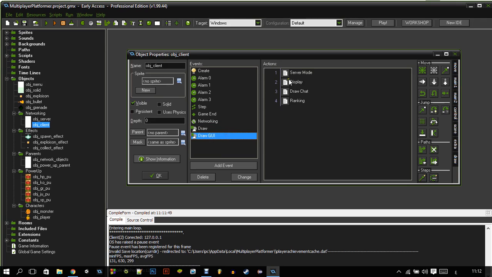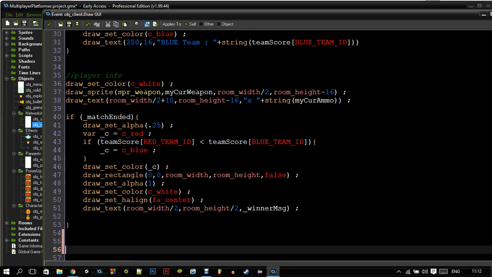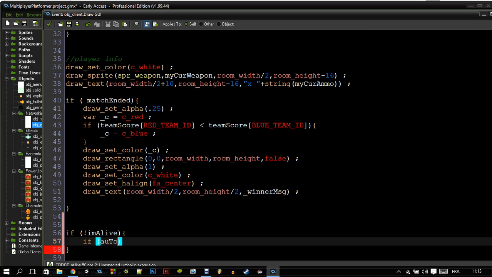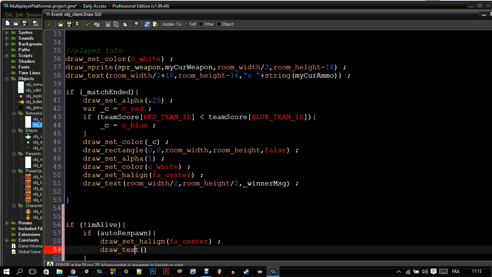And one thing to do is go to the display script. Here you're gonna say if not I'm alive, then if auto respawn is true, we're going to draw text. We need to change the line to the center. I'm gonna say respawn. Else